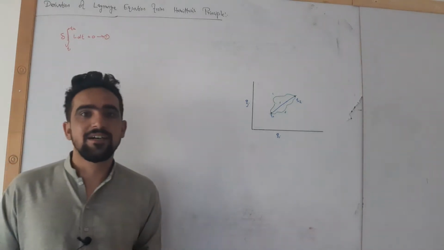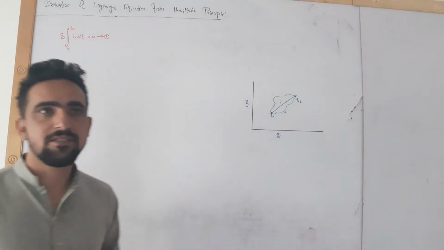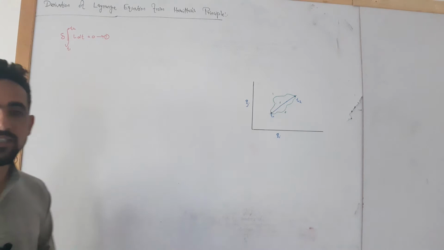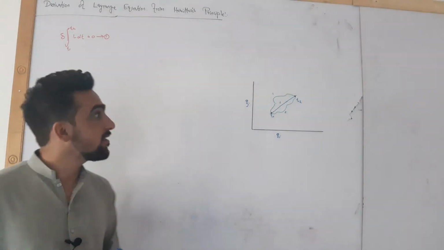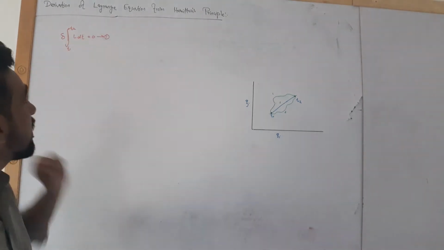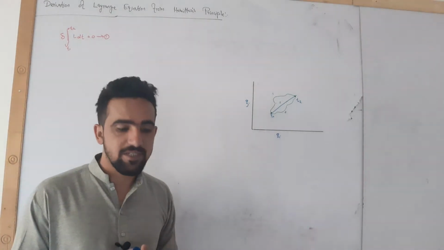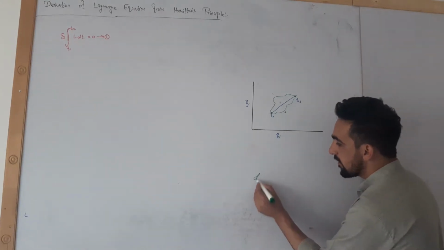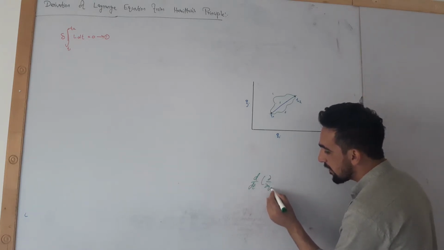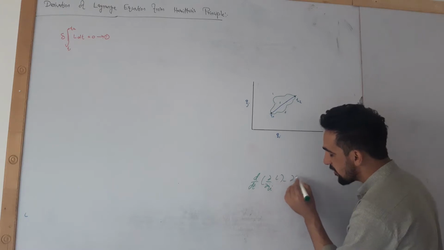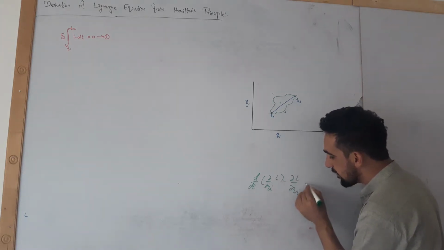Last time we discussed Hamilton's principle, just a general statement of it and what it actually represents. Today we are going to derive the Lagrange equation from Hamilton's principle: d/dt of (∂L/∂q̇i) minus ∂L/∂qi is equal to